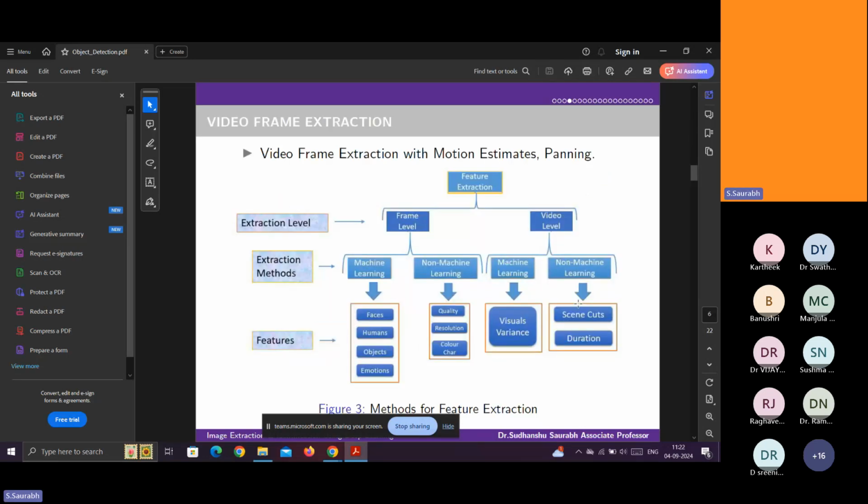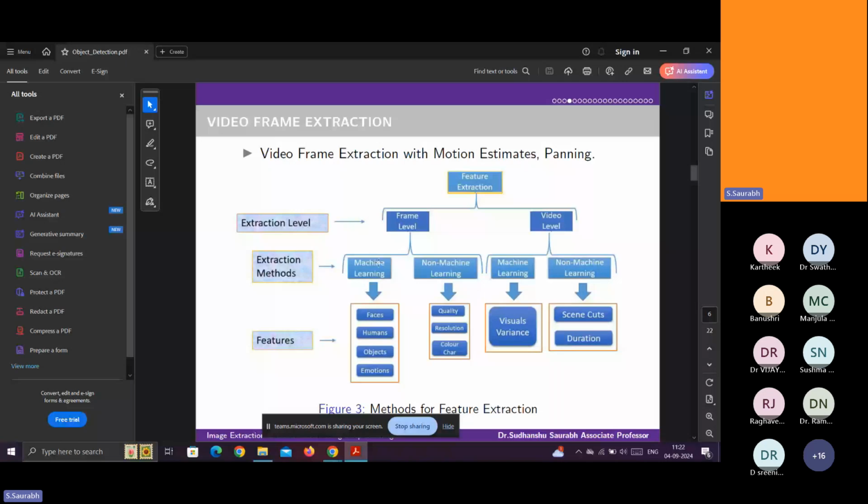So look at here, how to extract the complete framework. The raw data is there. Convert the raw data into images, then apply the feature extraction techniques. This is the extraction level: frame level and video level. If frames are there, then apply machine learning or non-machine learning algorithms.